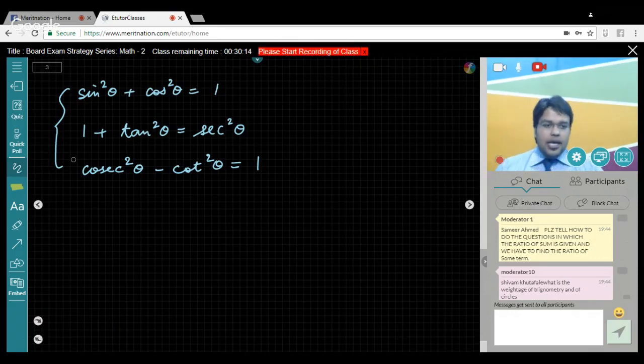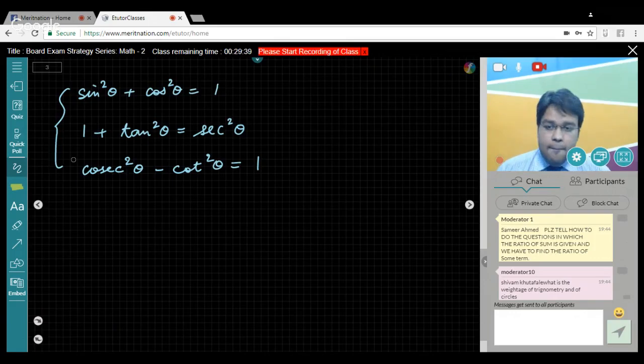Now, in proving, I'll give you a few tips on how to balance the LHS and RHS of really complex trigonometric questions. For that, first of all, have a really good glance at the question, whether you can make out an identity that is being formed, or can you convert everything into sine and cos? Will it benefit you? Because the majority of questions can be solved by converting everything into sine and cos and then simplifying. So convert everything into sine and cos.